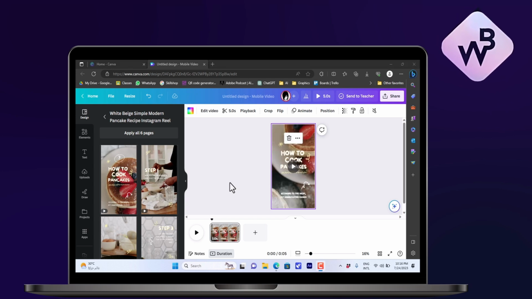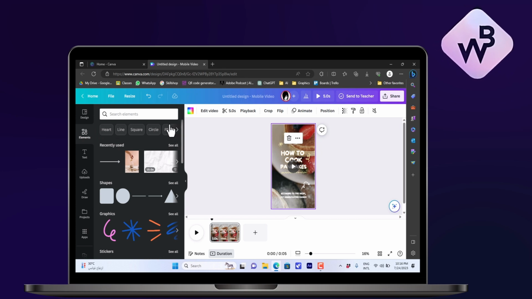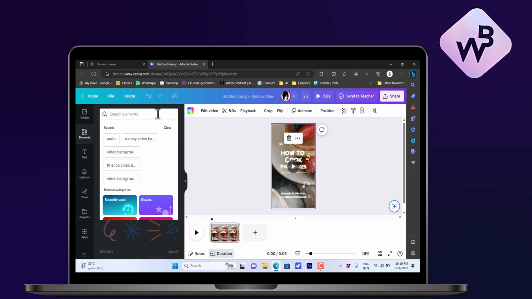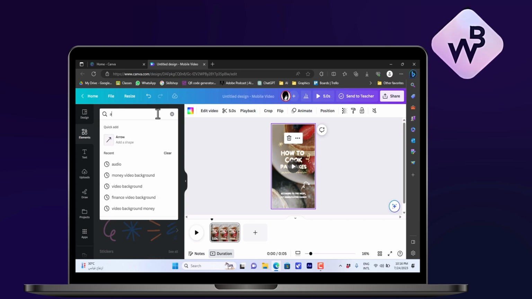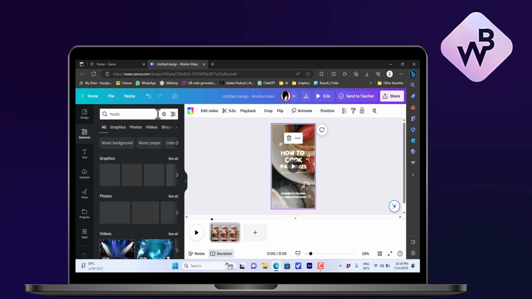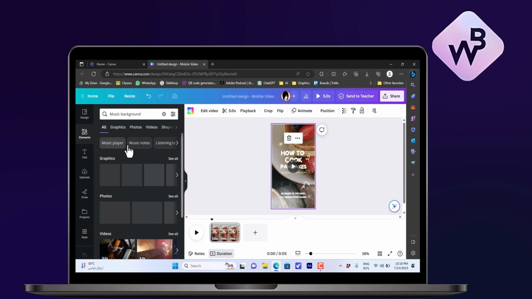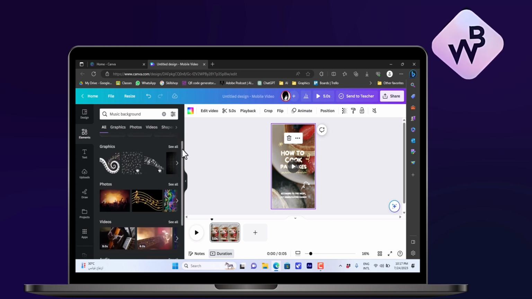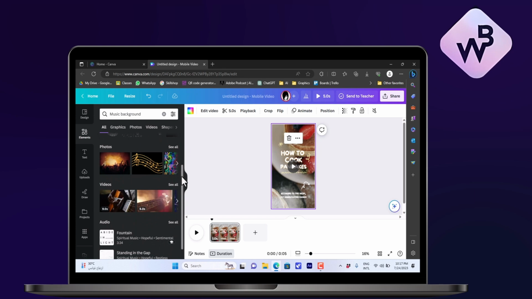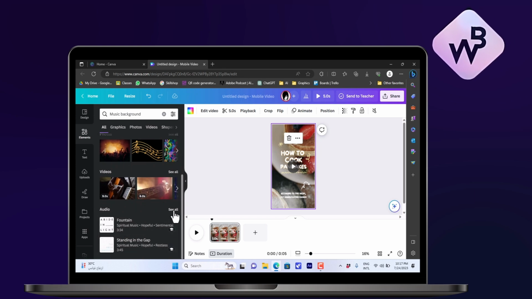Now to add music, I'll go to the tab on the left here and I'll click on Elements. Here you can add all kinds of graphic elements or audio and any effect. So I'll type in the search, I'll type in audio or music. Okay, hit enter. And let's say background music. It'll give me some graphics of music, and if I scroll down I'll see the audio. So I'll choose see all here,